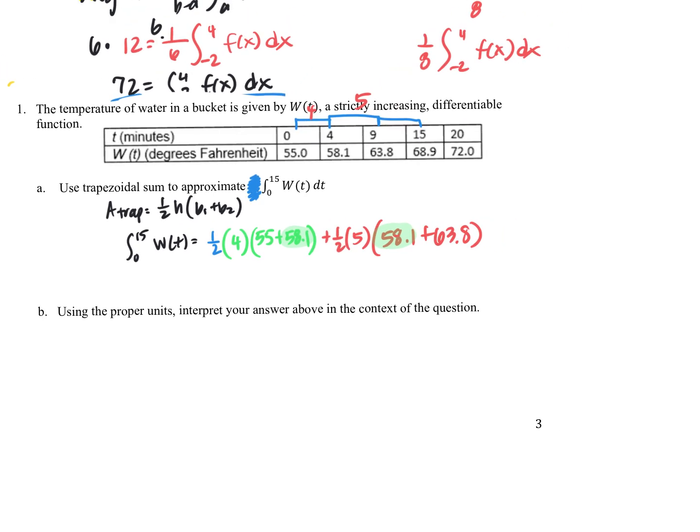And my last height. Good. Bases. 63.8, 68.9. Perfect. You guys, that just found us the area under the curve, an estimate, an approximation. They're saying, okay, thanks for using the trapezoidal rule. Now, uncover